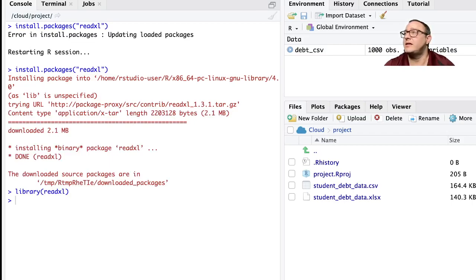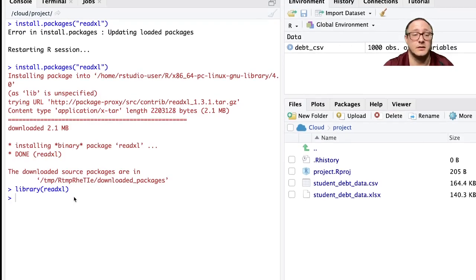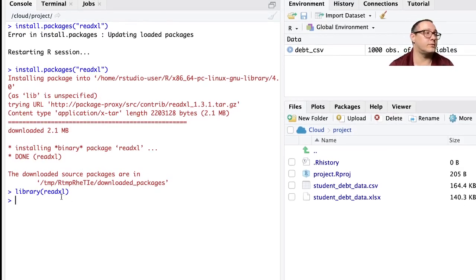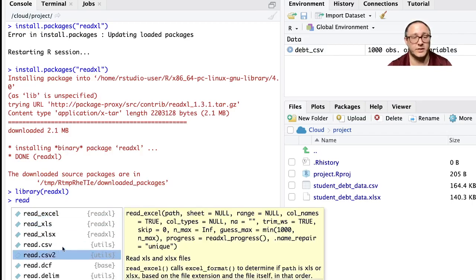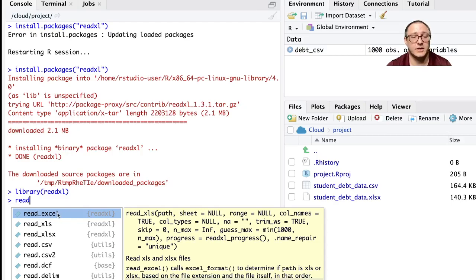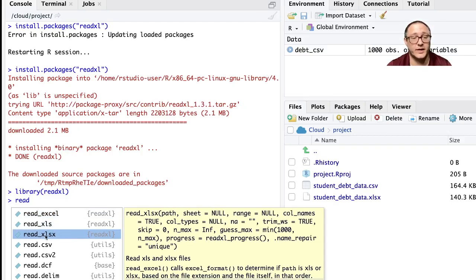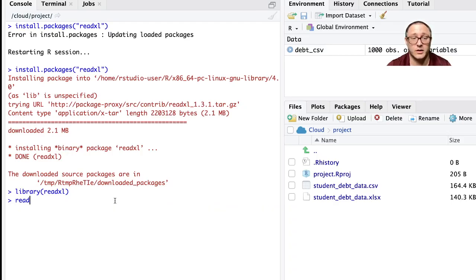Okay, so the library has already been installed, and we have loaded up the library using library(readxl). And so the next thing that we're able to do then is do read_excel. Now notice here, this is now part of the readxl package. Now we can do read_excel, we can do read_xls, we can also do read_xlsx, and again, this is just depending on the type of file. You can just about use any of these to read Excel files, but we're going to go on and just use the read_excel function,